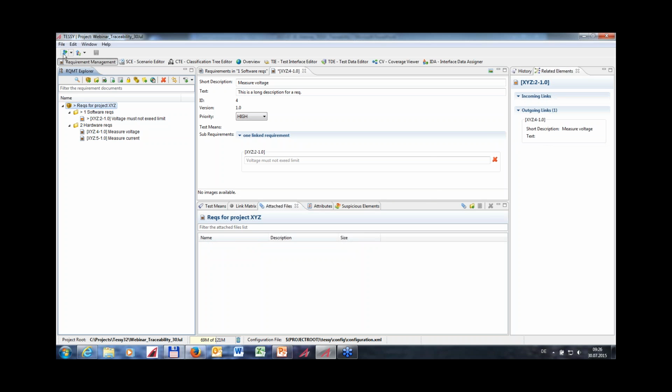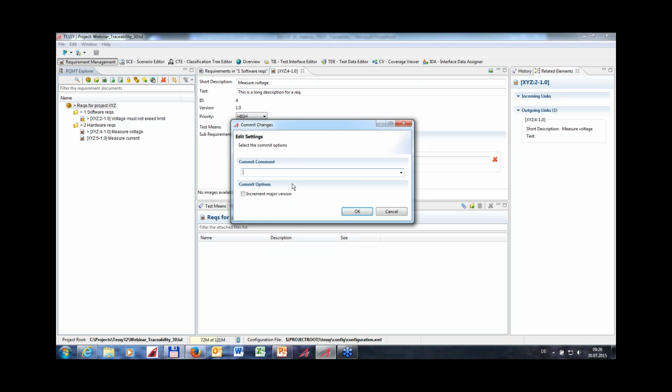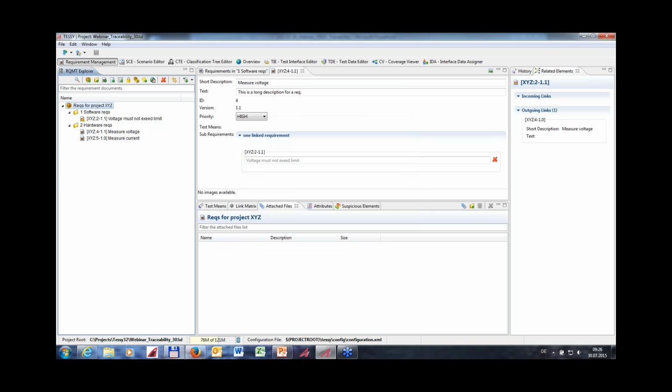Because I have changed something here, I need to save and recommit, and this would be version 2. And so I can build up requirements for my project, and I can see here the different requirements. Okay, so I think it's now clear how requirements can be built up, and I want to proceed the webinar